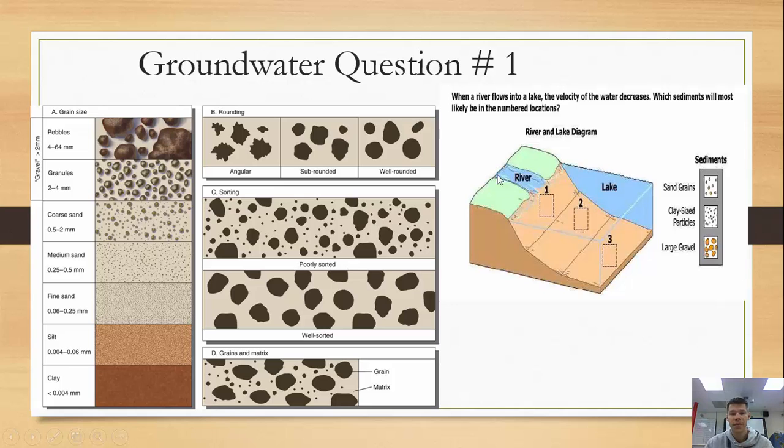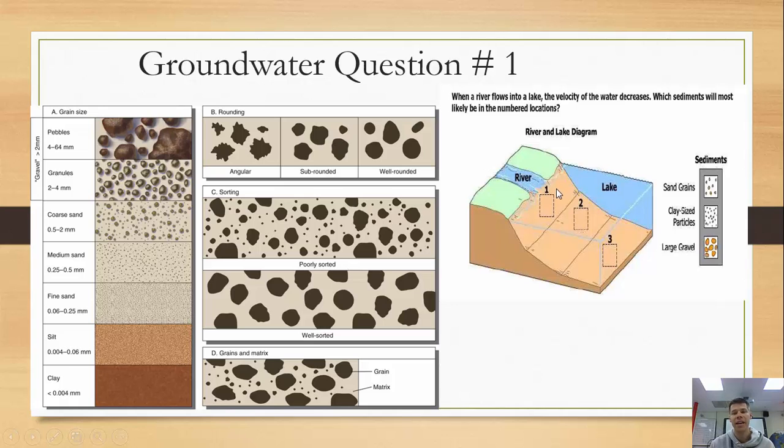So a river is carrying some particles. It's carrying some large particles like you see over here. It's carrying some medium-sized particles. We're going to call those sand-sized particles. And it's also carrying some very, very fine particles like silt or clay-sized particles, and those are the smallest. So if you imagine and use good common sense here, this river is carrying the heavy rocks, and